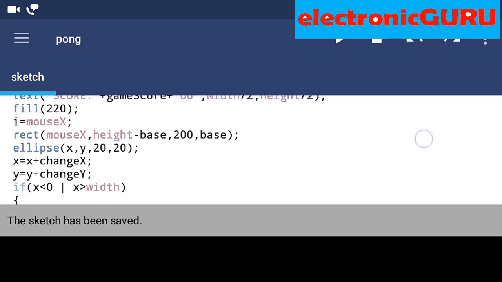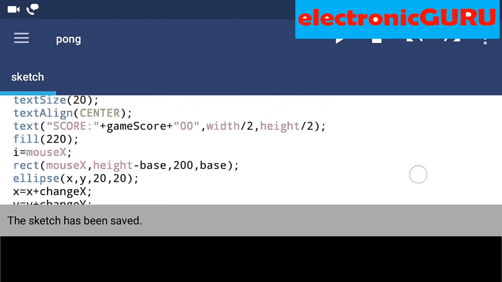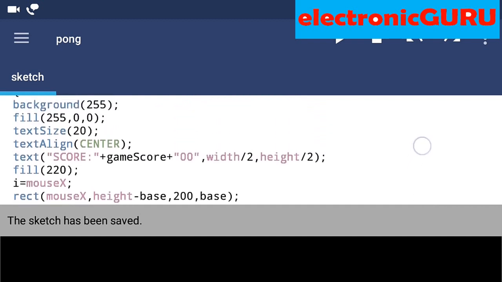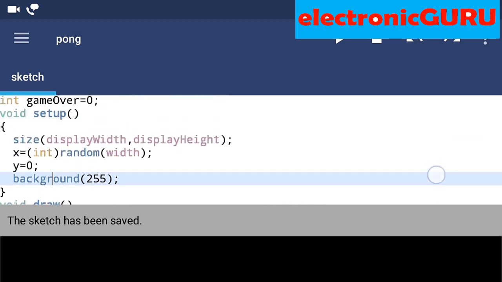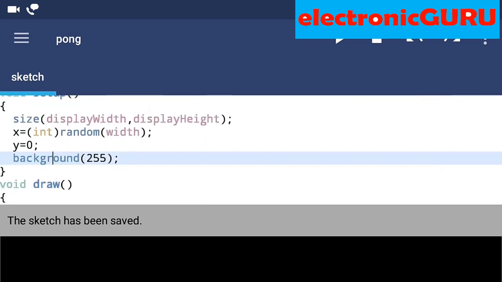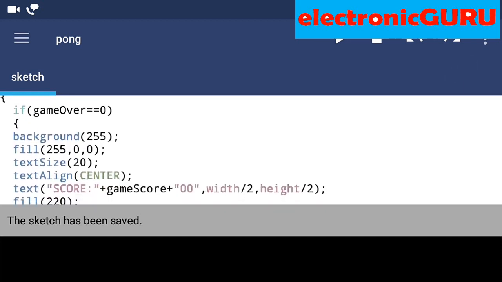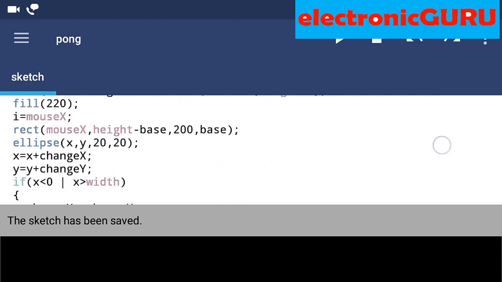After that I have drawn a rectangle which takes mouse x as the x coordinate and height minus base, and I used base as 40. That means it will start from the bottom of your screen, 40 pixels up.